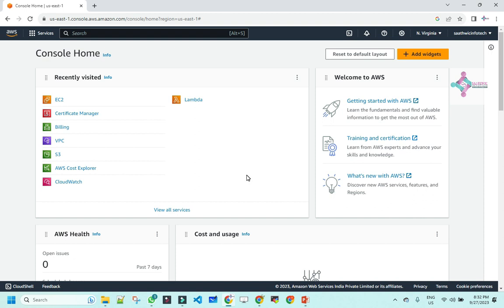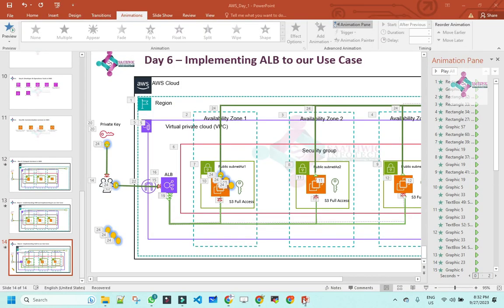As part of this learning series, we are in our day 8 session. Initially we started our session with understanding AWS, and then we understood what the EC2 service is. We understood what a subnet, security groups, VPC, and everything are. And then we moved to our use case where we